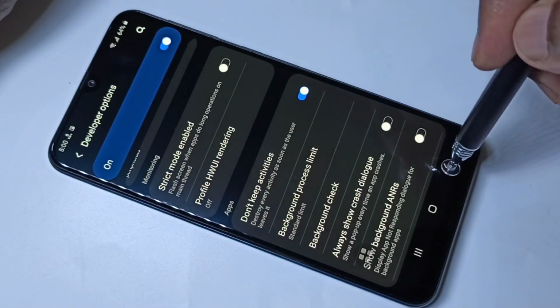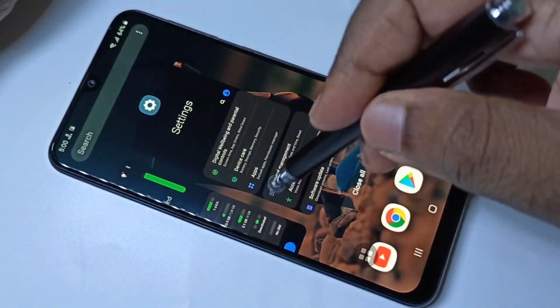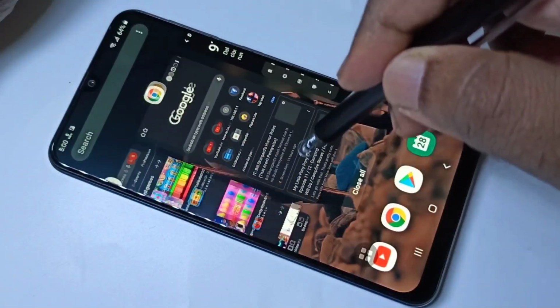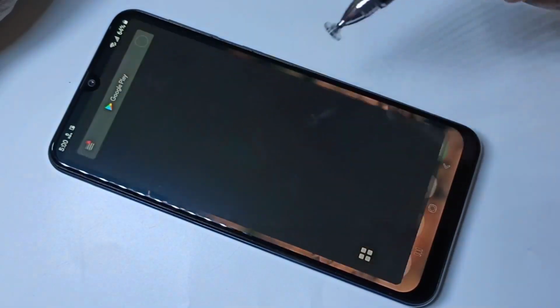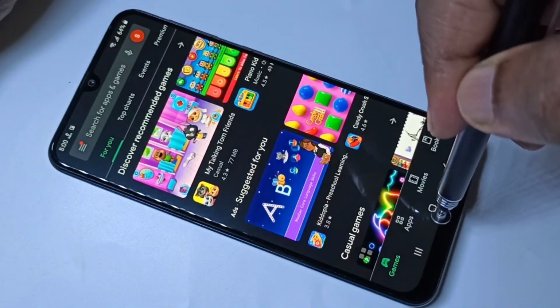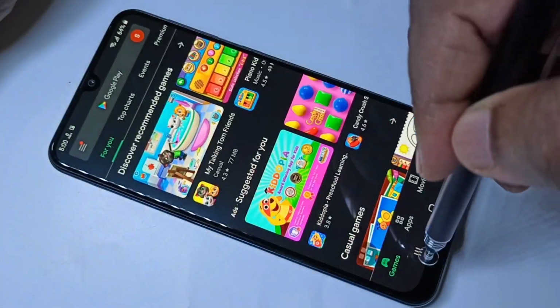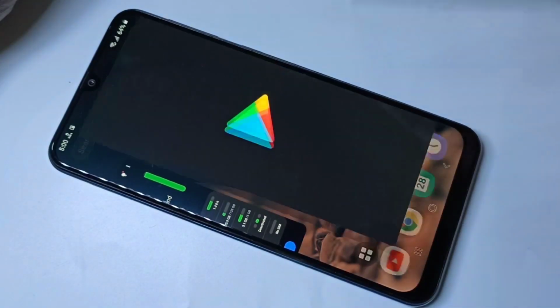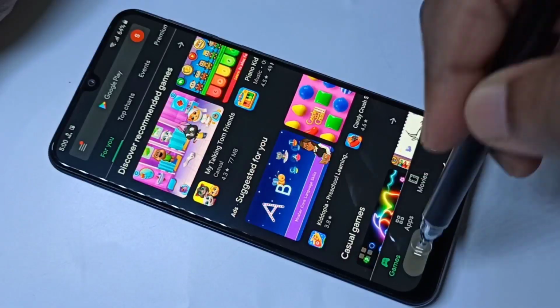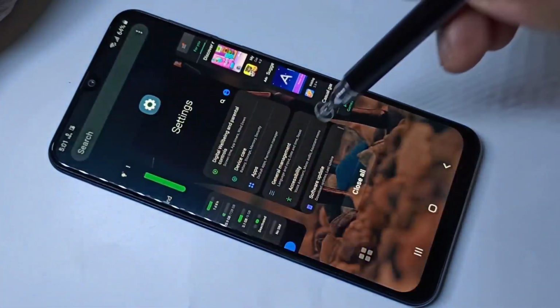If you select this option, when you switch the screen, for example, if you switch this, it will start to reload. You can see it's reloading. It will not keep the app in the cache. See, it's reloading.